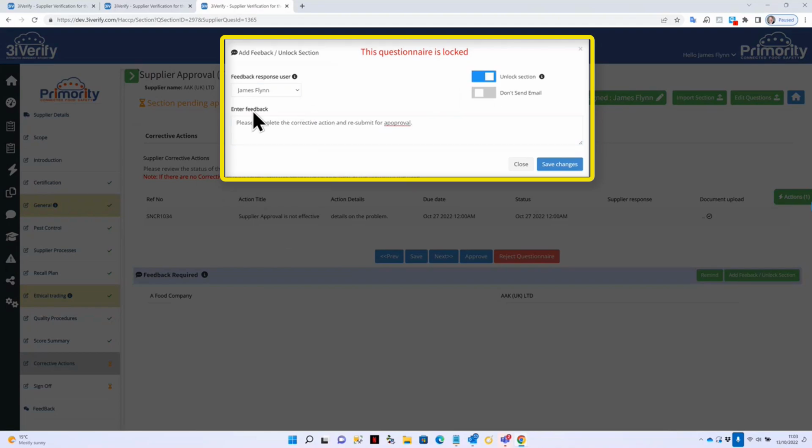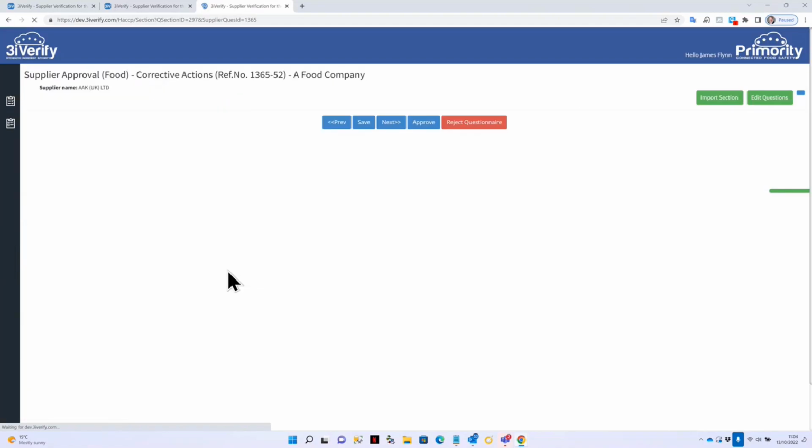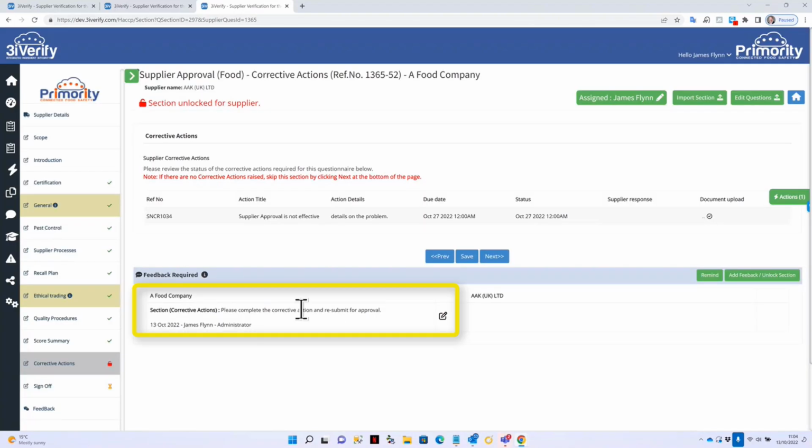In this particular case, we click Unlock Section. It's important to do that. Otherwise, the supplier may receive the feedback, but will not be able to upload any information in the system. If you've got multiple feedback that you want to send, you may not want to send the email until the very final feedback. So when they log in, they'll see all of the feedback anyway. Let's click Save Changes. This meant that this feedback has now been added onto the bottom of the corrective action